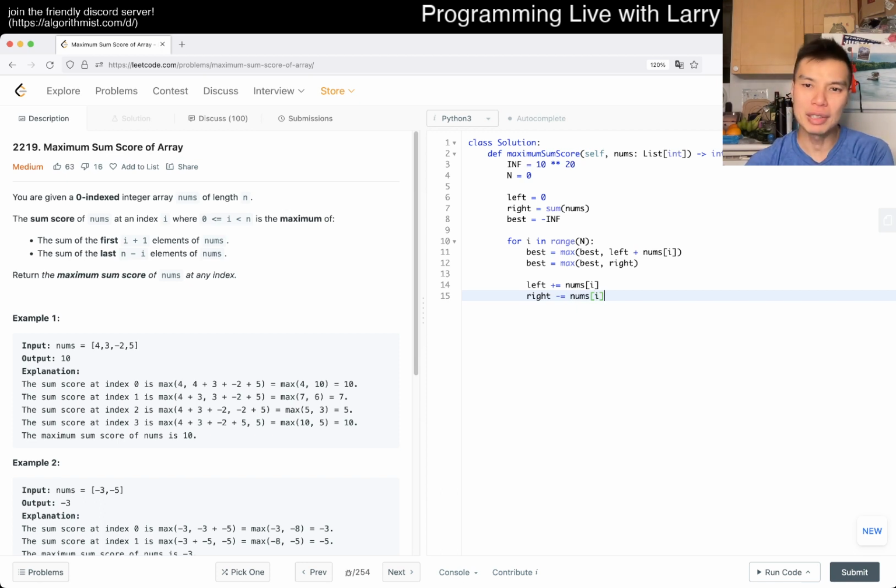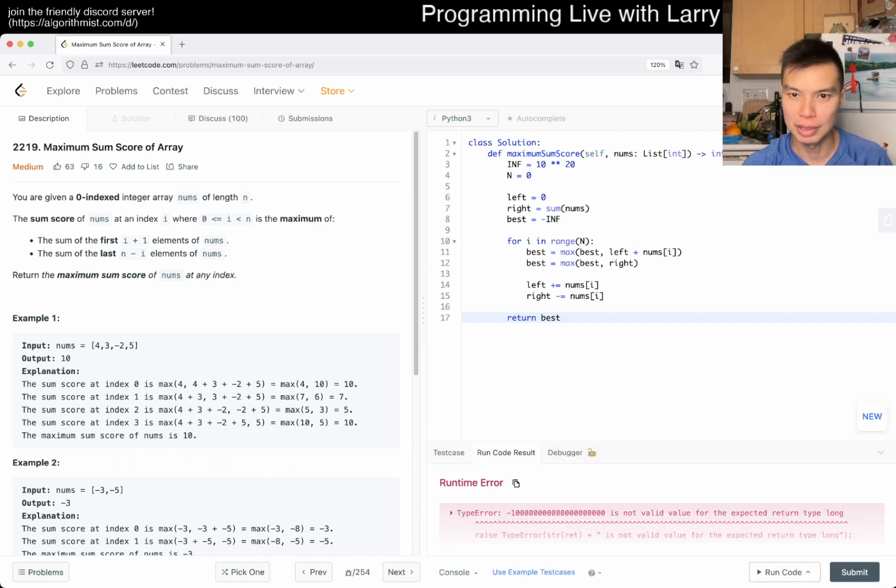You can be a little bit careful, because you can see that we do the same addition twice, but I like it this way because of symmetry reasons. If you get used to writing code in a symmetric way, then when things are not symmetric, it usually means there's a bit of a code smell. So yeah, and then at the end we just return best, and that's it, right?